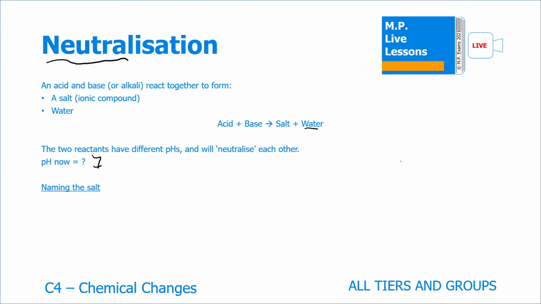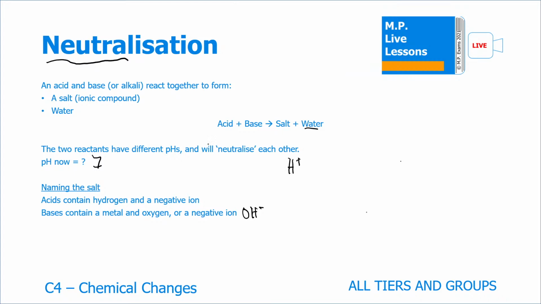Now, the salt is the hardest part of the equation because you'll be given the acid and the base and you'll often be asked to name the salt. Acids contain hydrogen and a negative ion, whereas bases contain a metal and oxygen or a negative ion. This is usually something like OH minus. Now what happens is the water is formed by the H plus ion and the OH minus ion, and this forms water,